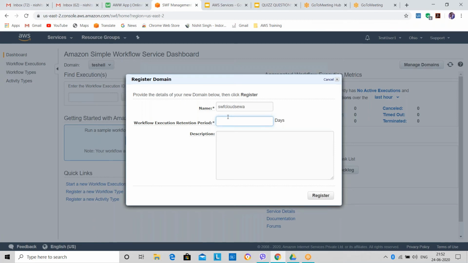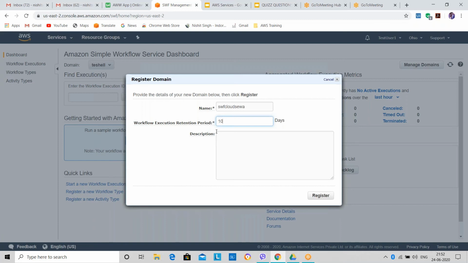If I want my workflow to be with me for, let's say, 10 days, I can configure the retention period for 10 days. The maximum retention period is, I think, 90 days. If you want, you can give a description also for your workflow, and then you need to click on register.